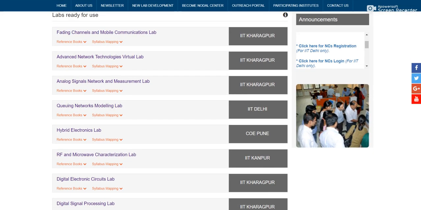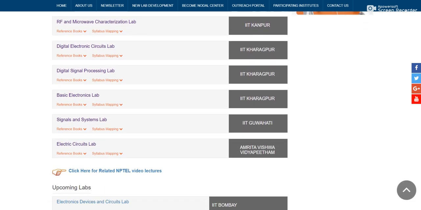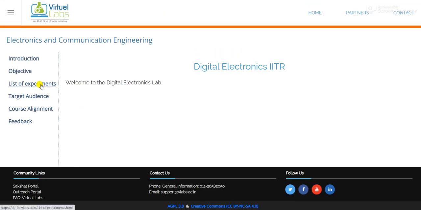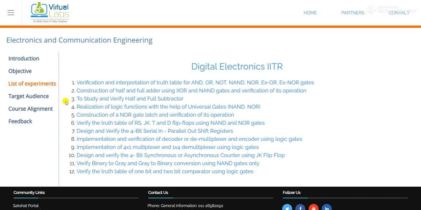Today we will discuss Digital Electronics Lab designed by IIT Roorkee. So just click on this and there is a list of experiments. So today we will discuss practical number 5, that is construction of a NOR gate latch and verification of its